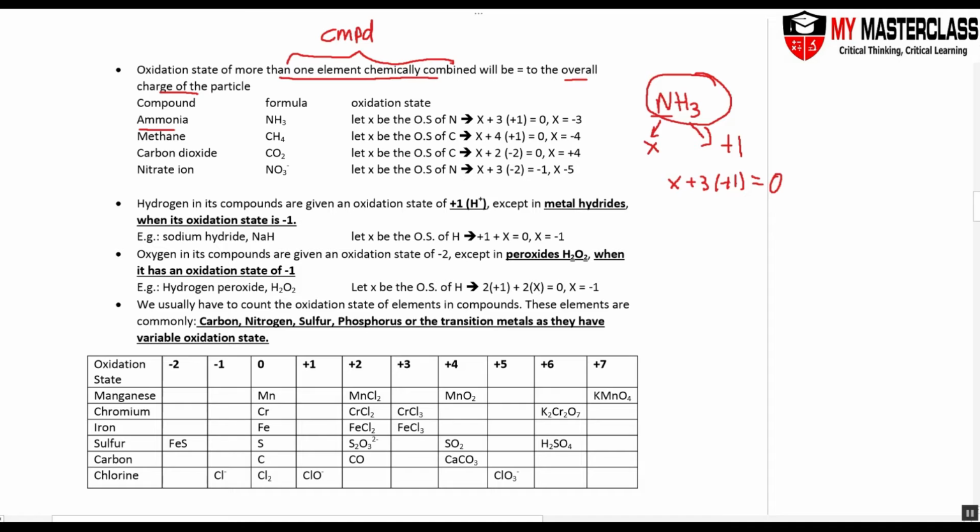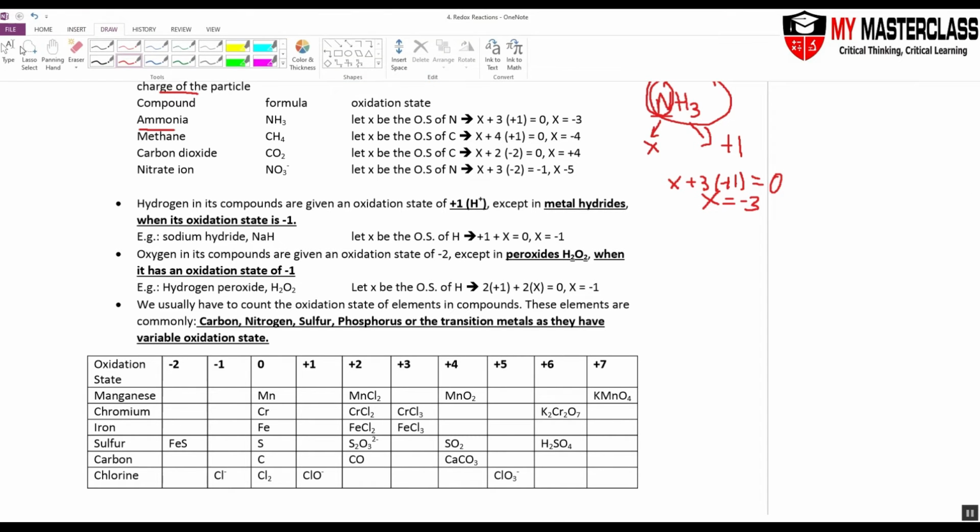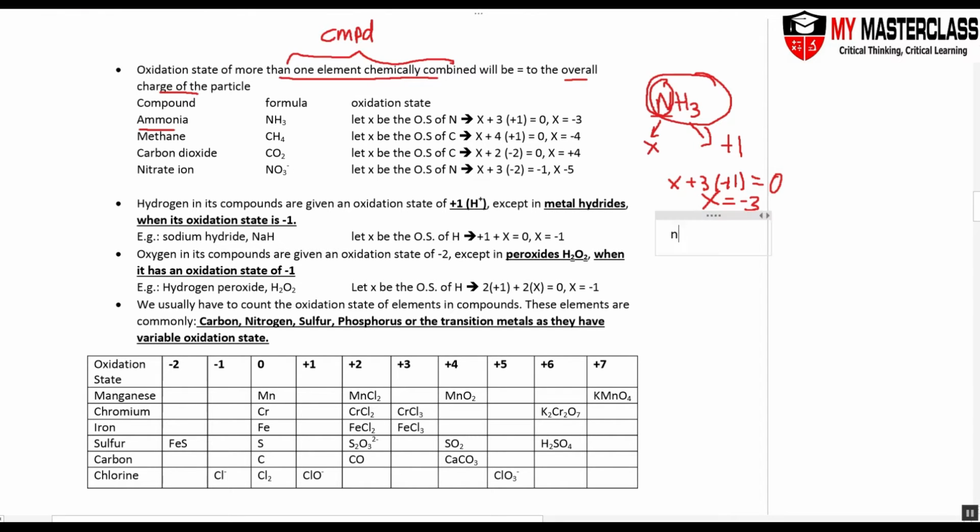3 times +1 is the oxidation state of hydrogen. Because there are 3 hydrogen in the compound, it's 3 times +1. This will give you 0. Why 0? Because it's a covalent compound, there's no overall charge, so it's 0. So in this case, my X is equal to -3. So nitrogen's oxidation state is -3